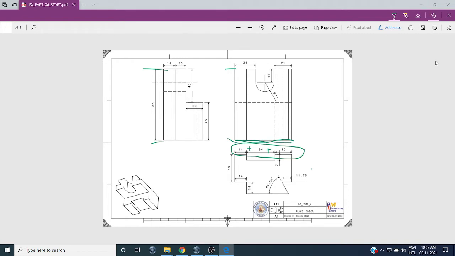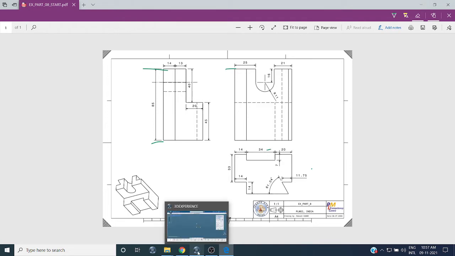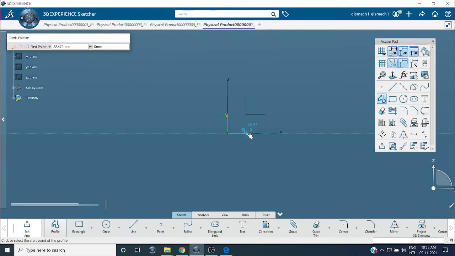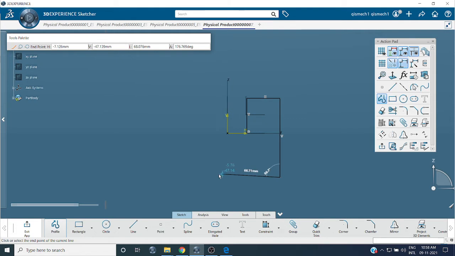So we'll start. Starting from the top, the radius is 11 mm. Leave that radius. We'll start from 16 mm, that vertical line, and vertical line, then a horizontal line, then a vertical line, horizontal line, vertical line.